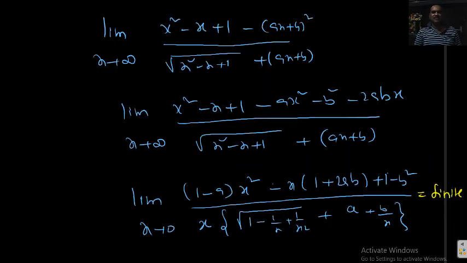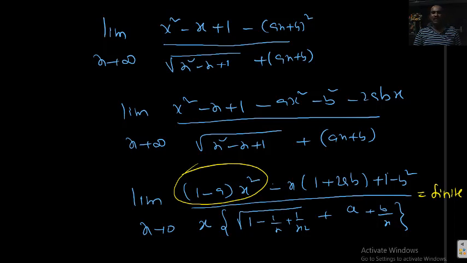Equal to 0 means the limit is existing now here. Limit is existing, I can say finite. So the numerator is second degree, denominator is first degree. The limit won't be finite actually. What is the meaning of that? If numerator and denominator are the same degree, then the value should be finite. But the numerator is second degree, the denominator is first degree, not finite. What is the meaning of that? These terms should vanish. The x square term should vanish.